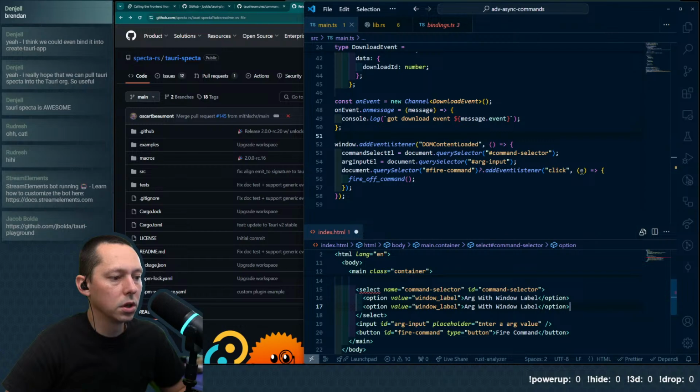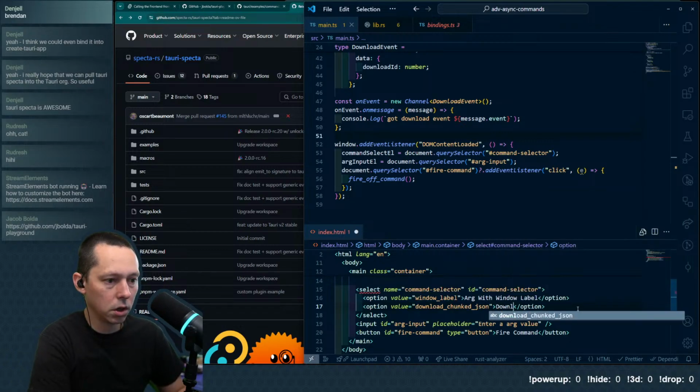We could probably change that. We'll say download chunked JSON. And then the pretty print, download chunked JSON file.